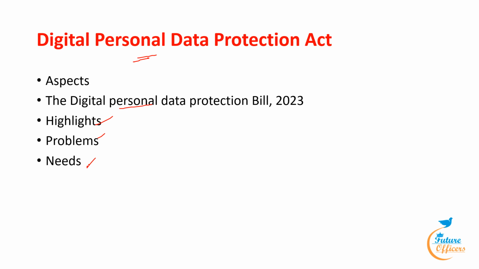Numerous nations have set up an agency or data protection authorities tasked with upholding data privacy laws, carrying out audits, and handling complaints. Now, the Digital Personal Data Protection Bill 2023, what it says. The process of creating a data protection law commenced in 2017 with the establishment of an expert committee by the Ministry of Electronics and Information Technology. An important step was taken when the Data Protection Bill 2021 was published in December 2021.